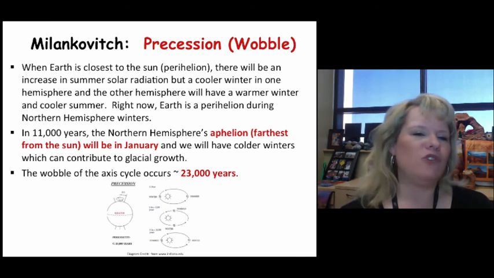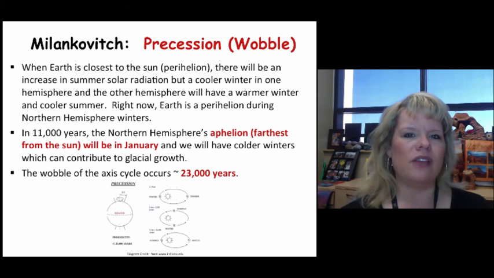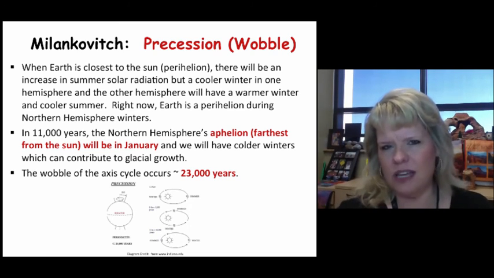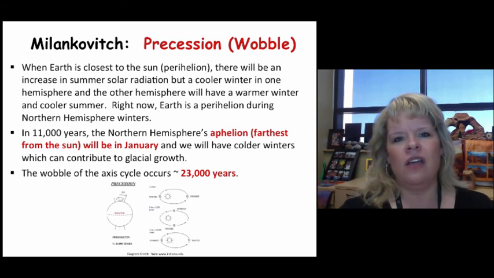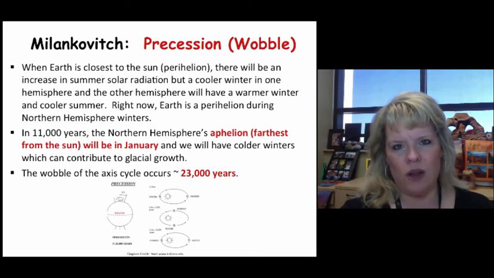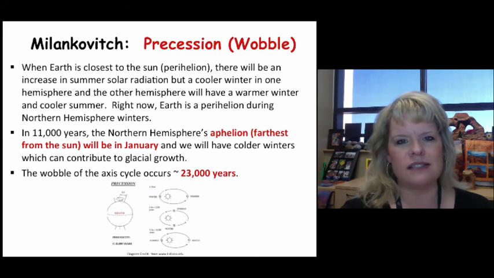They have twilight for their daylight hours and then darkness for most of the day. So this is important. So you take all three of these together. I need you to think about this. If I have a longer, colder winter because of the precession of equinoxes, which is the wobble,